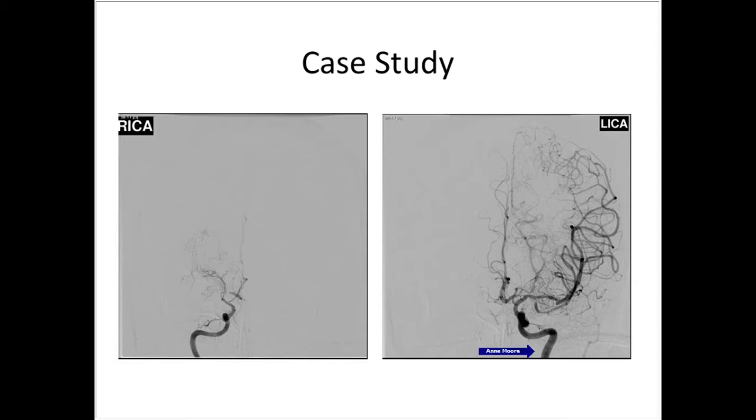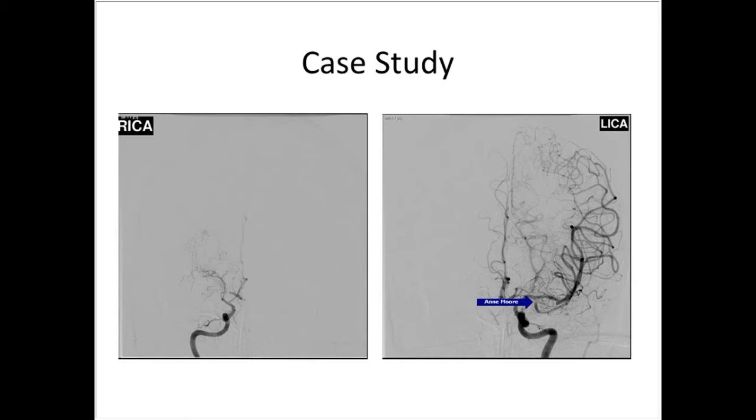On the left side is the left internal injection up to the terminal ICA, and what we see is a high-grade stenosis in that ACA. Remember, the TCD showed velocities of 200 and a ratio of 4 and more in that left MCA. Well, it looks pretty darn good, except for the